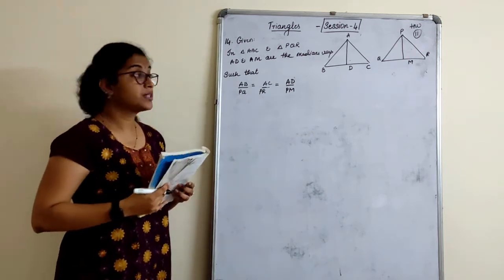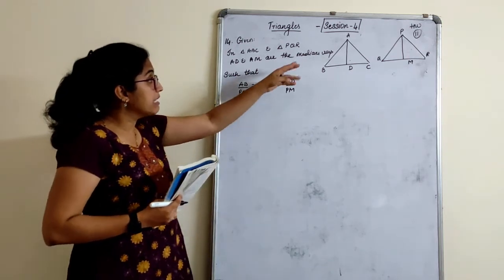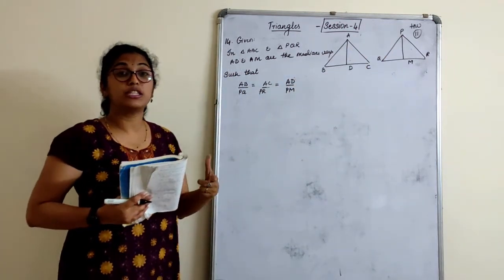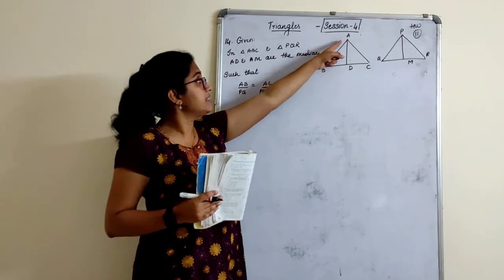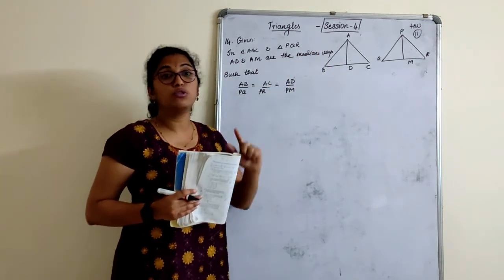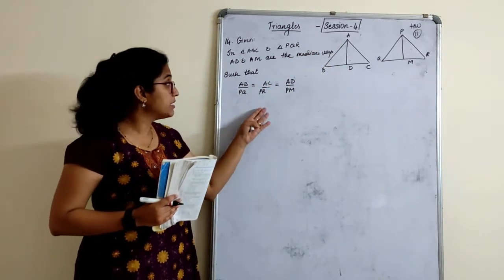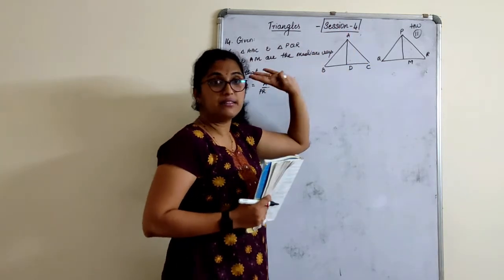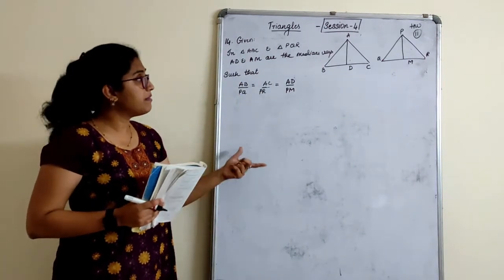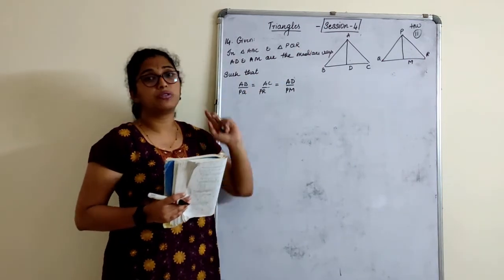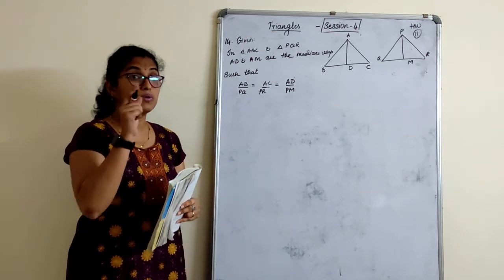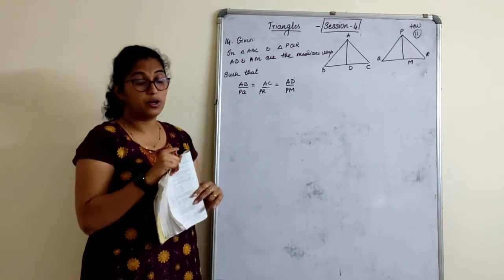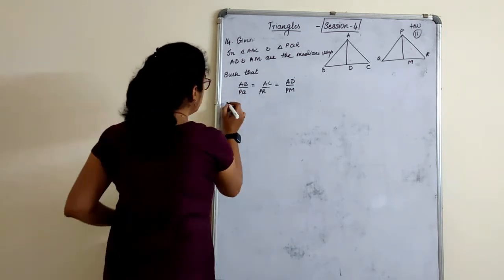Understood the difference here? In the previous question, what was there? This side wasn't proportional, wherein base was proportional. That was an advantage to us. Why? Because since it was a median, we could easily tell that 2 times and finish it off. But here we don't have anything 2 times. We have this side, and the median of the triangle proportional. Same case, we have to prove that triangle ABC is similar to triangle PQR. So don't get confused with the previous one. Be alert when you read the question and write the given properly. Okay. So this is what they have given to prove.